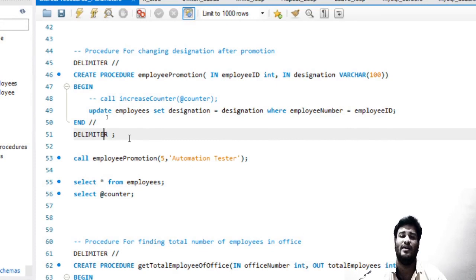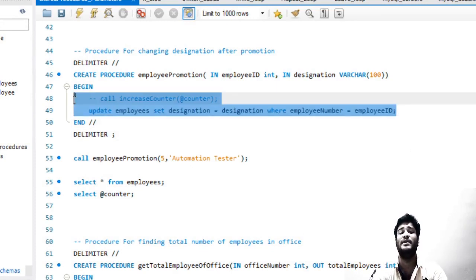Rather than writing up this statement, there can be multiple statements, there can be a requirement of updating multiple tables when a person gets promoted. There can be the salary, then the designation, then the department, or maybe there is some change in the category. So there can be multiple tables which are required to be updated. I have taken over here just the example of a single table.